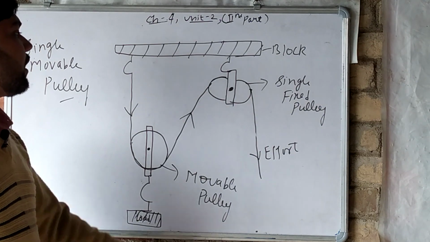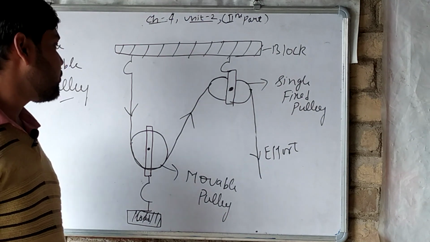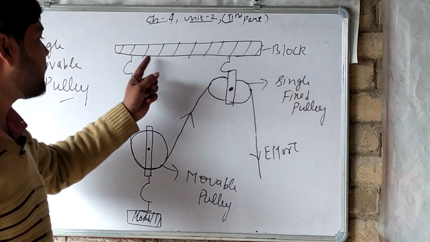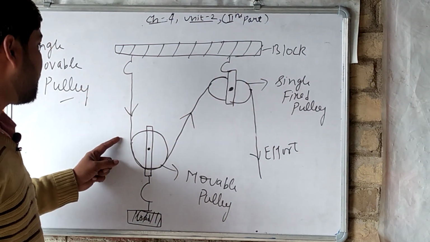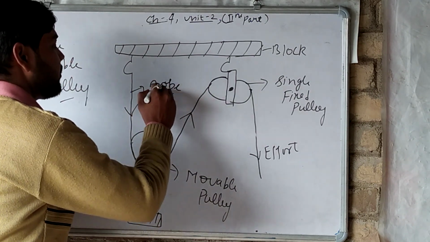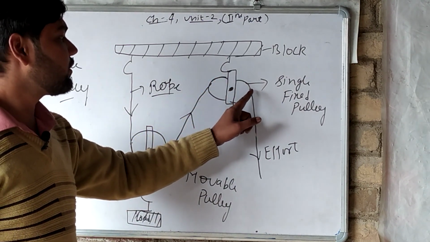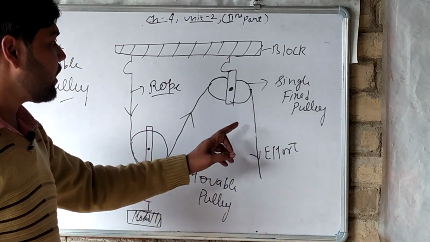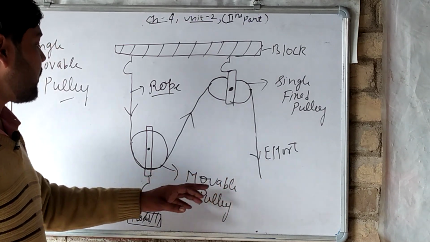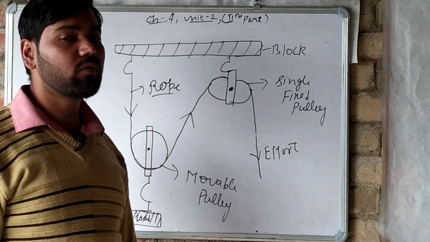So in this, a single fixed pulley works along with a single movable pulley, and a hook is attached to a chain structure over here. A rope is attached. This is a rope, rope means rassi, which is attached to the groove of the movable pulley. Through this groove it is connected to the groove of a single fixed pulley, and we apply effort in the downward direction, that means in our convenient direction. By this the load keeps on moving and is shifted from one place to another.